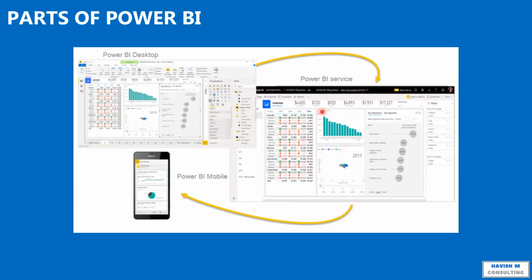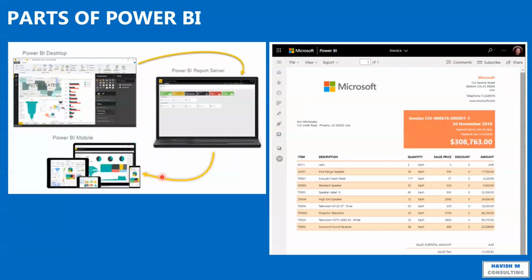We have Power BI Service. The Power BI Service is just like Power BI Desktop, but it's on the cloud. It's on the internet. And then finally, you also have Power BI Mobile, which allows you to show the same report on a phone. But there are other parts as well. So you also have something called a Report Server and paginated reports, which allow you to create PDFs and things like that. But that's okay. We don't need to get into all this.